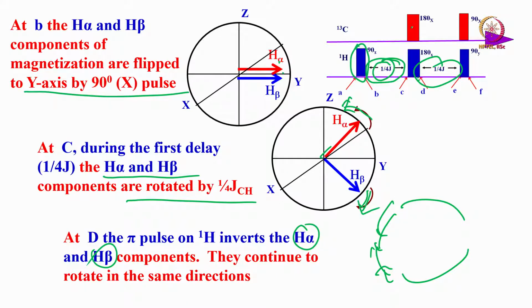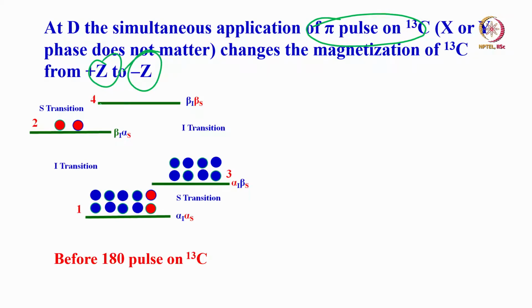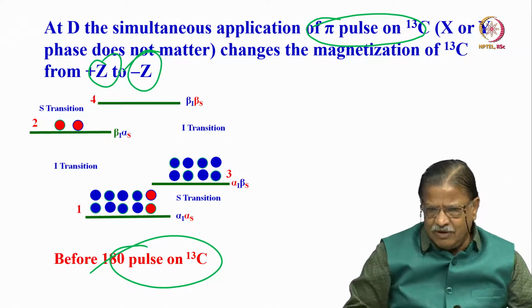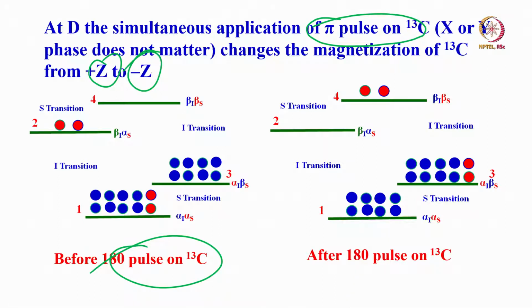Now, if you apply the carbon 13 pulse here, the magnetization is still along the Z axis. So what is going to happen? It will invert the population. The spins which are along Z will come back to minus Z. So now I am inverting the population. This is before applying the carbon 13 180 pulse. This is the population state, which is what we have been understanding, how the population gets distributed between different energy states. This was the thing we started with before doing anything. Now the population after the 180 degree pulse: the carbon 13 population gets inverted.